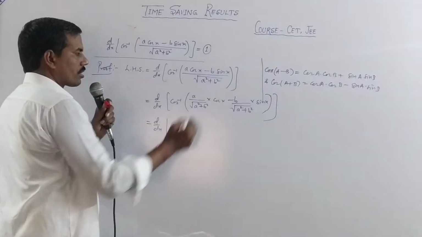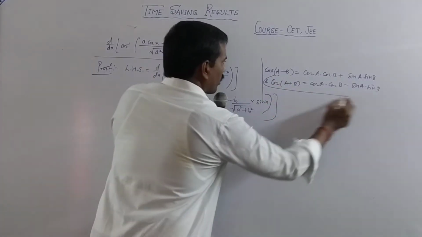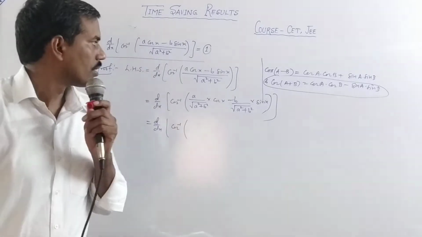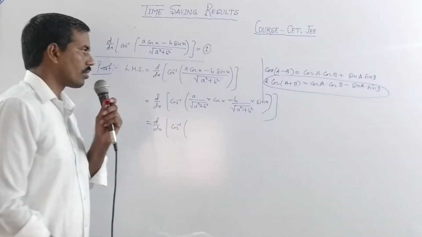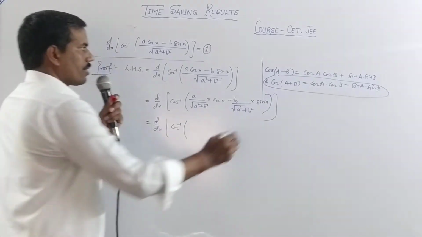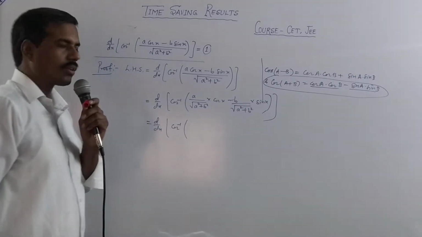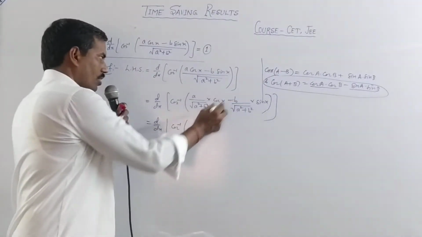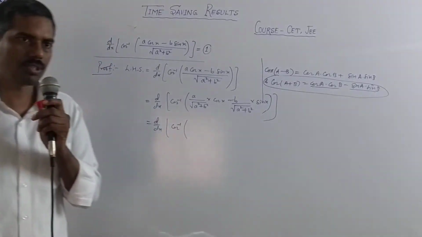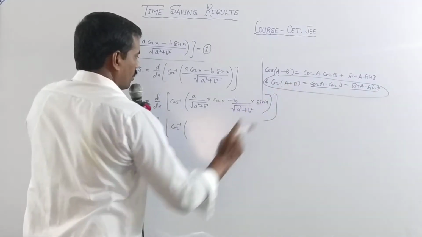Students, please compare: here is a minus sign, so we have to use the second formula, or you can say format. The connective between these two terms is negative, and the second formula also has a negative sign as the connective between its two terms. So we have to use this format.